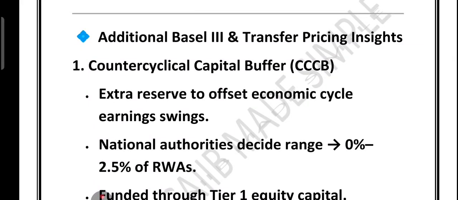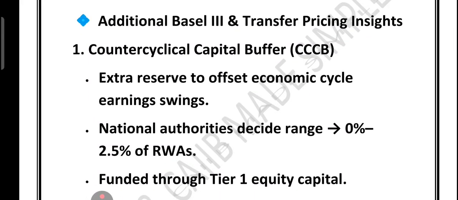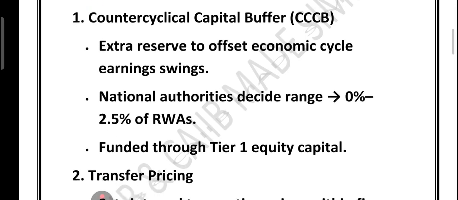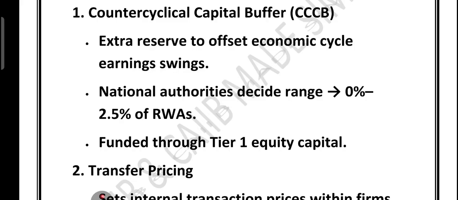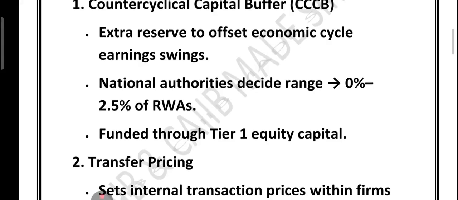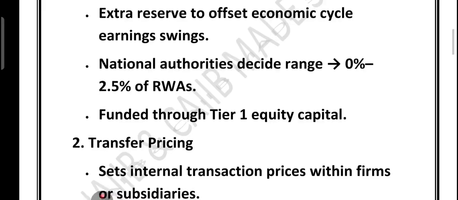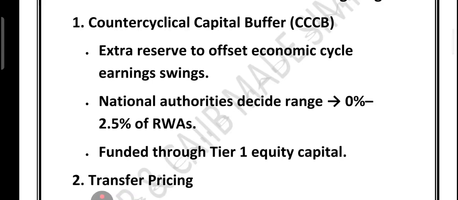If we talk about additional Basel III and transfer pricing insight, so the countercyclical capital buffer, or we call it triple CB, is an extra capital reserve, right, that banks build up during good economic times. It helps offset the ups and downs of the business cycle, especially when earnings fluctuate, right? The range of this triple CB is decided by the national authority, and it usually lies between 0 to 2.5% of the RWA, the risk weighted assets, right? And yes, it is funded through tier 1 equity capital. Please remember it. From where the funding of this triple CB is done, it is funded through tier 1